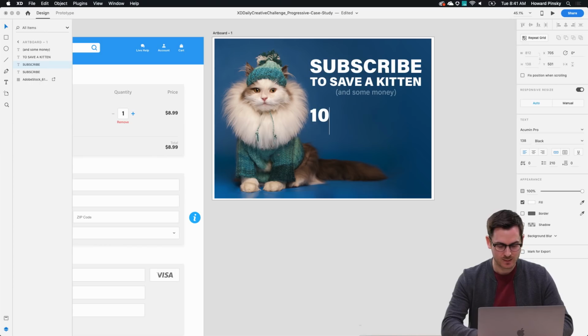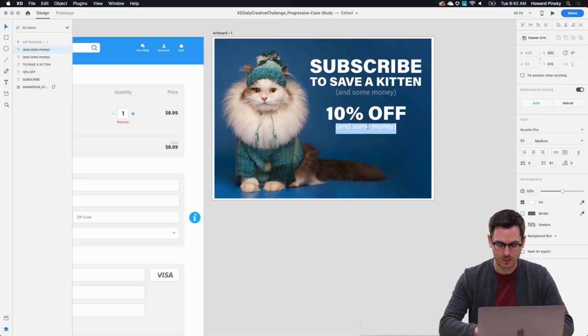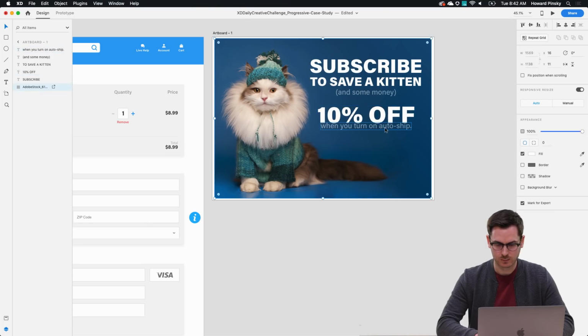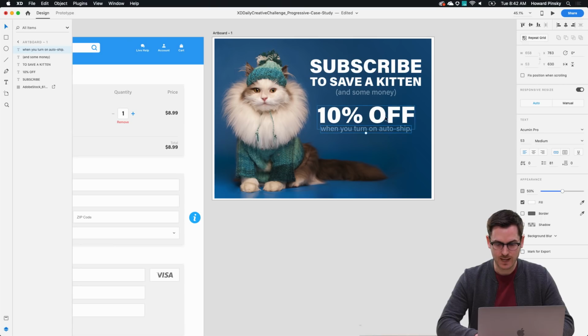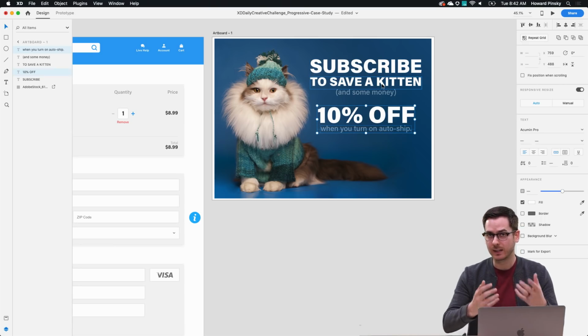Let's say 10% off. And then we got to actually explain what they're saving on. So I'm just gonna copy some of these layers. When you turn on auto ship. There we go. So now they'll know exactly what they're gonna be spending their money on, what they're gonna be saving, what they have to do, and that sort of thing, right? Maybe I'll make this a little bit bigger, just so it lines up with the text. Perfect,